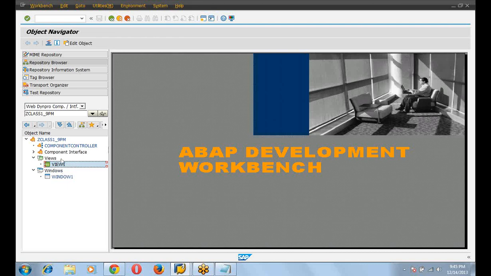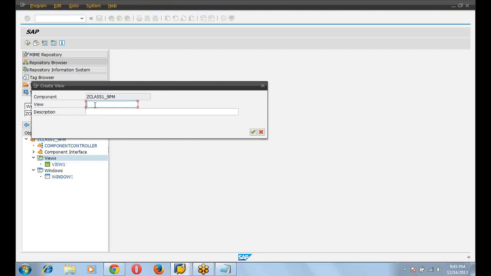Now the view and the window are created by default. If you want to create more than one view, select the view, right click on it, and click on create. Give any view name here. I am giving view 2. You can give any description. Press enter.